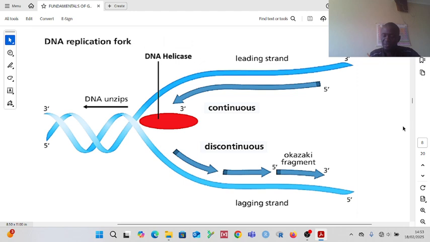So the DNA helicase is opening up the double strand. But the region that has already now been opened up, that is our replication fork. So we have a single strand. We have another single strand. But there is a section of the DNA that is still double-stranded because the DNA helicase does not cut all the hydrogen bonds at once. Penye imekata ikafikia, hapo ndio replication fork iko. Okay? So now the next thing that needs to happen is